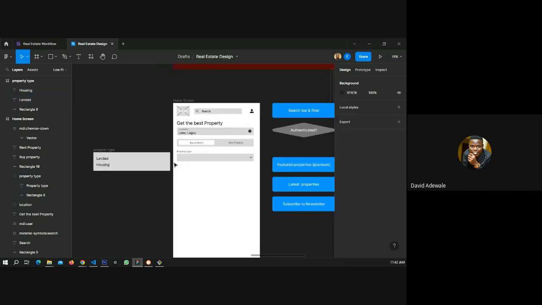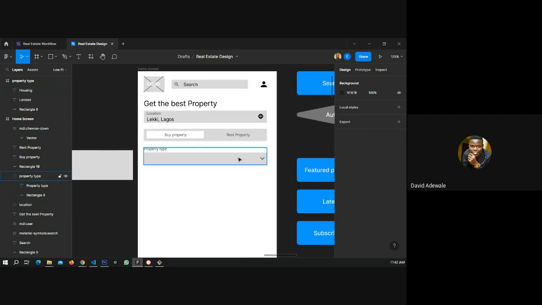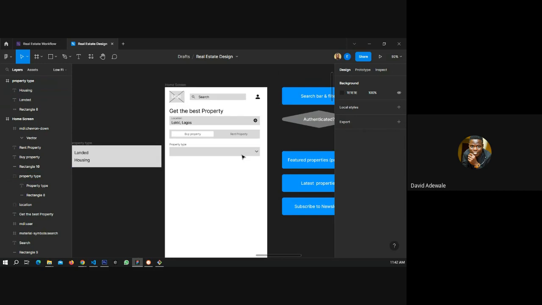Okay, so property type, then what else? Or should we use toggle?